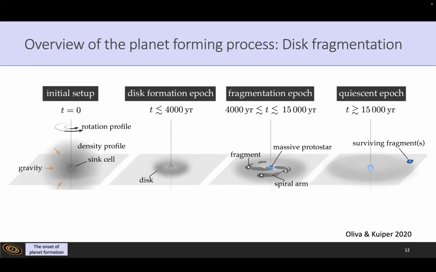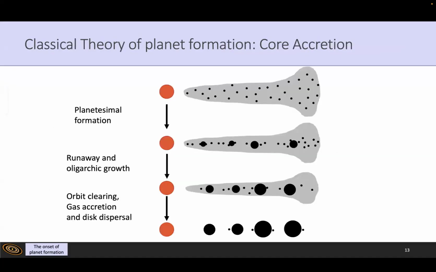planets. So this is one way of forming planets. You form it top down. The other way to form planets is forming it bottom up. So you start with small dust grains, and these dust grains coagulate to form larger pebbles. And these pebbles will later, due to gravitational instabilities, such as streaming instabilities, start to form larger and larger planetesimals, and eventually the planet. So this class of models form the planets bottom up.